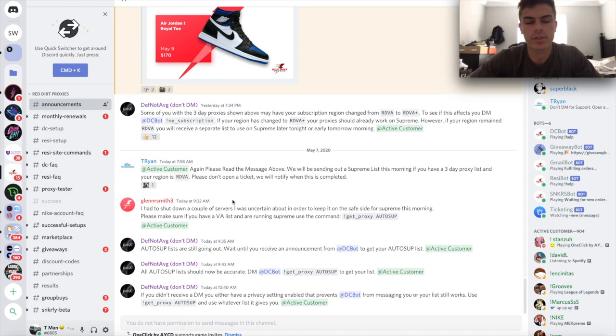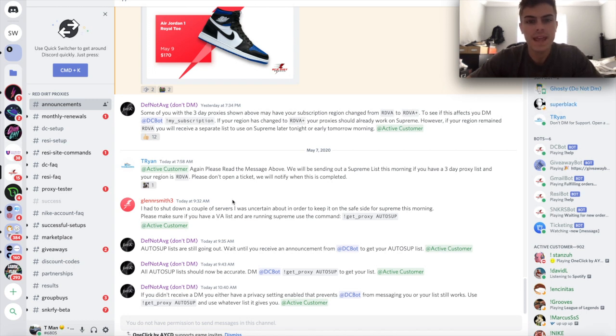And I say 20 to 30 because sometimes they have discounts and sometimes they don't, stuff like that. And you can get data centers from Red Dirt for around the same price. Data centers usually come in 10 packs, 20 packs, 25 packs, 50 packs. It's anywhere around that. But for example, I bought some Kai Cook DC proxies a few weeks ago and I